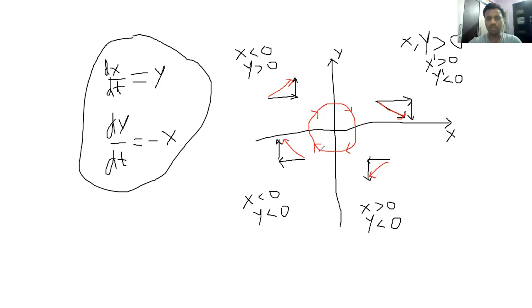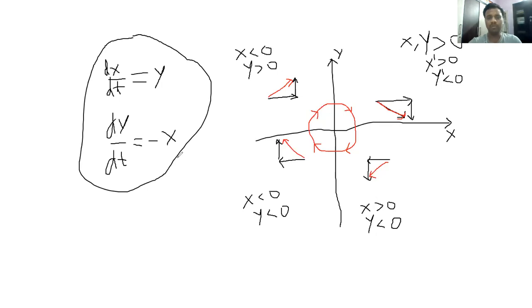For a particular initial value, this is the solution curve with respect to the time t. And this is the relationship. And if you increase the time, then it will repeat its periodicity, which means the dynamics is oscillating. That's clear. So this is a particular example, and if you change the example, then these curves will change, and the direction will change. If you change x here, y here, then that will become a different example.